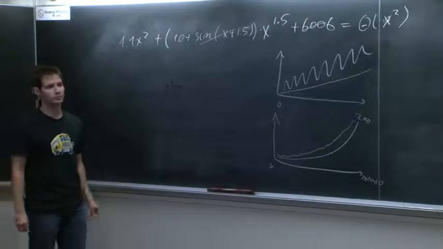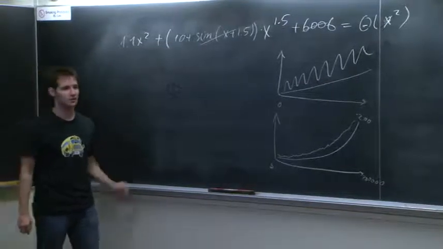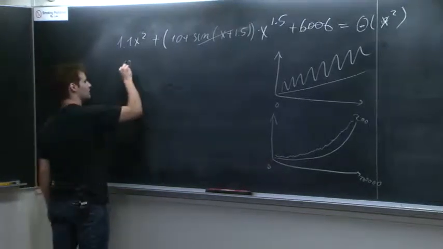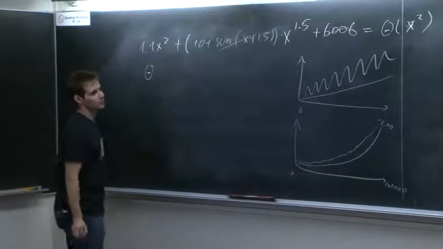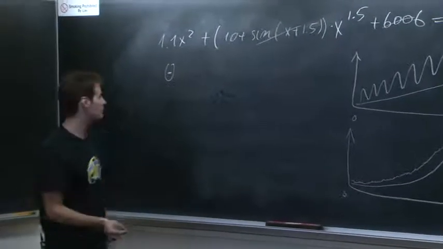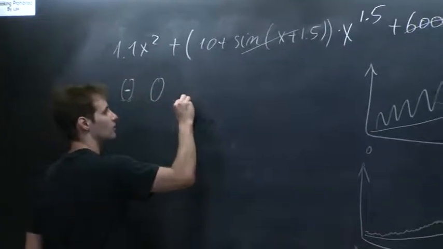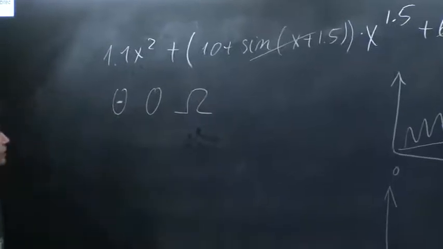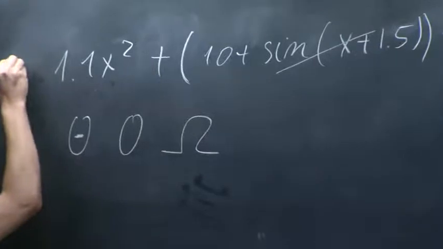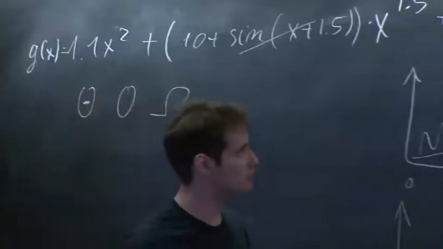Do people remember this from lecture? Does this make sense? OK, if it doesn't, that's great. It means that I'm not wasting time covering it. So we will learn about 3 symbols when talking about asymptotic complexity. The 3 symbols are theta, O, and omega. Let's say this complicated function is g, and this nice simple function is f.